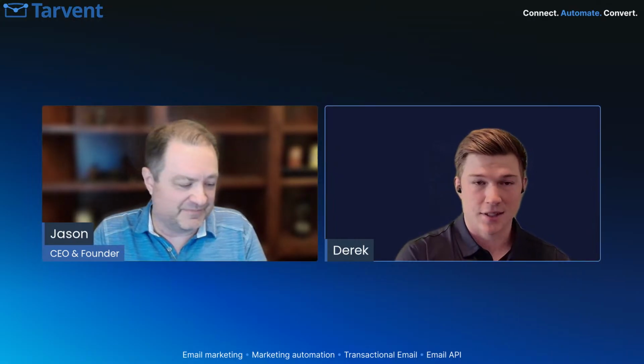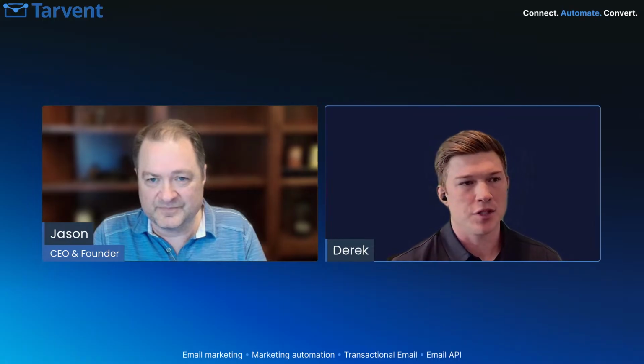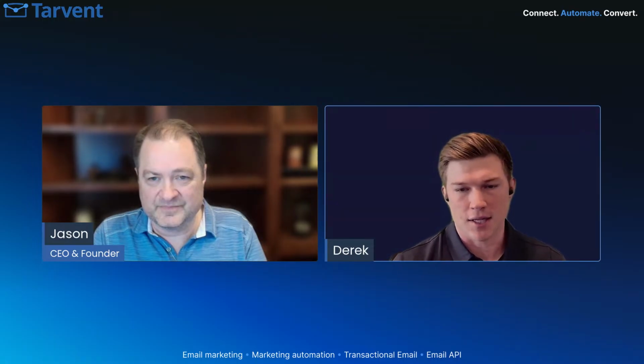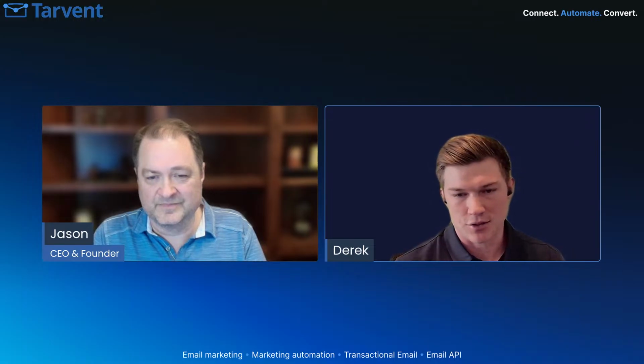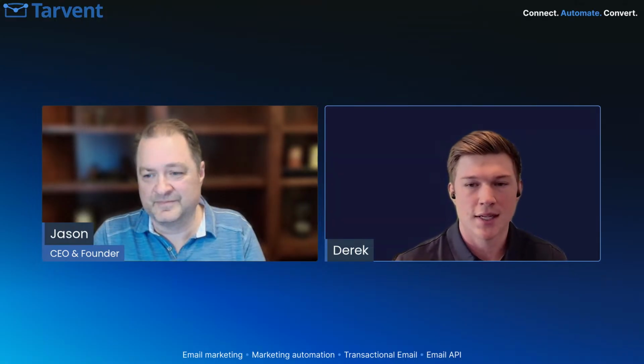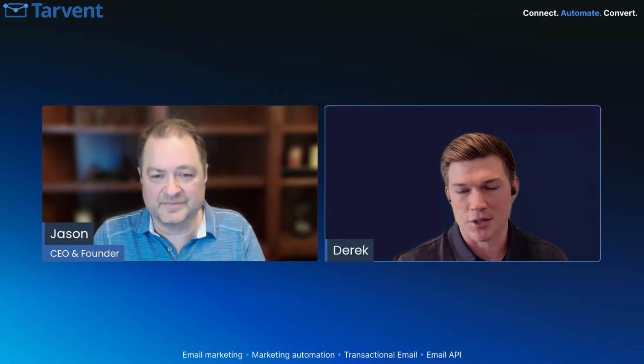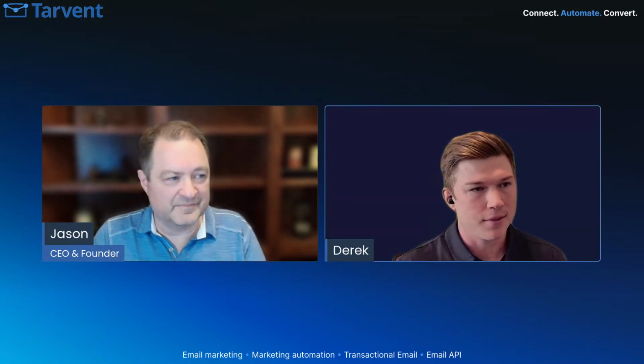That's a good point though, because that also has come up in support. If I'm using your API to get a campaign or to add a contact, does that count towards my email API credits? And the answer is no. It's only if you're sending a transaction. To get really technical, if you know our API documents, it's the mutation called create transaction. That's the one that would cause the email API credits to be used. That's a good point to bring up because it has come up in support.